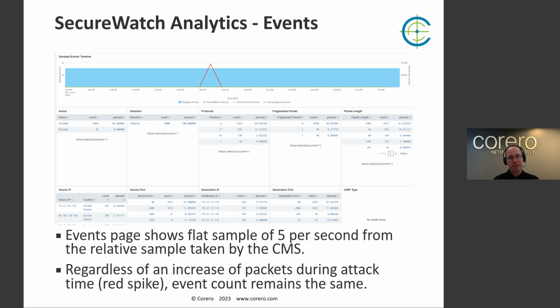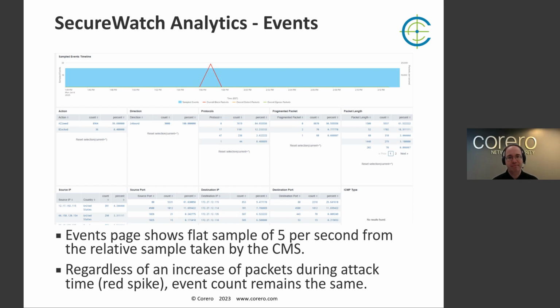Now, another anomaly you may see in there is a red spike. That's during my 30-minute window. I launched a really quick, large attack. That red line is part of the metadata messages I was talking about. It still didn't change the sFlow count. It doesn't matter if the attack was 20,000 PPS or 200,000 or 2 million, the same sFlow count would be there,